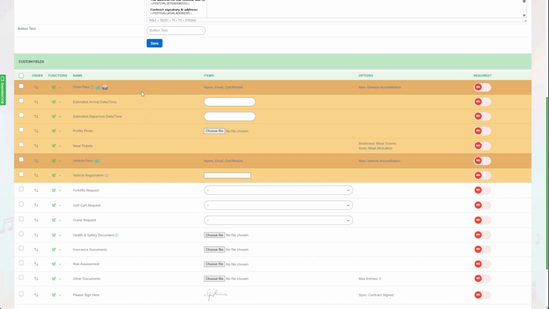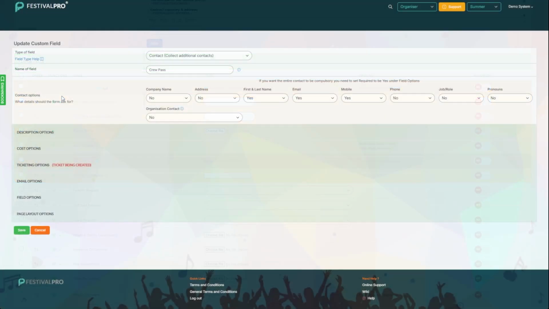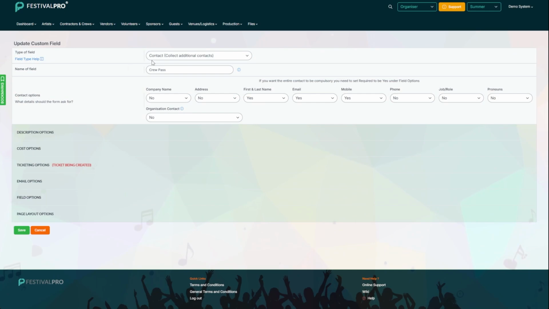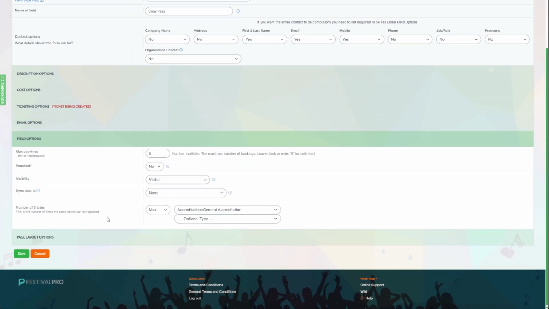In this orange section, this denotes a group, and a group is a repeatable set of fields. So what we have here is a group with a contact collect at the top for crew pass, which is limited to the number we put into that general accreditation box a minute ago. We just edit this field. You can see that it is a contact collect, and under field options,